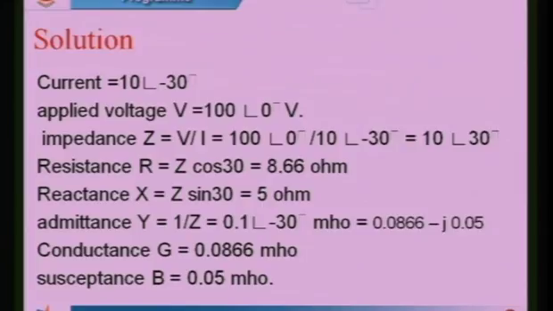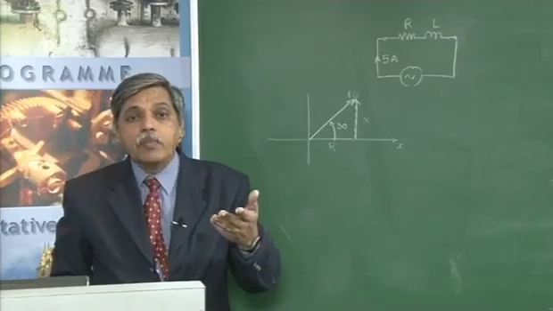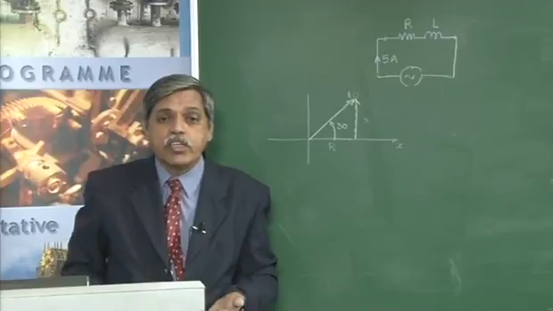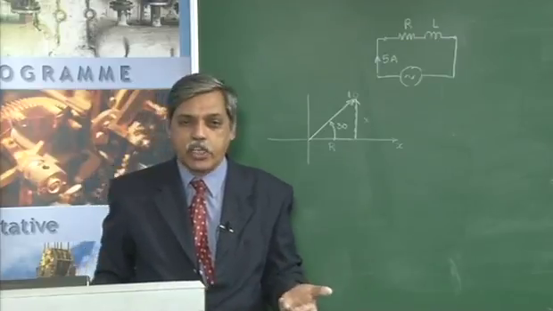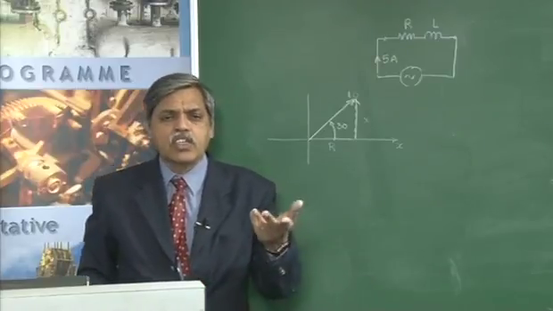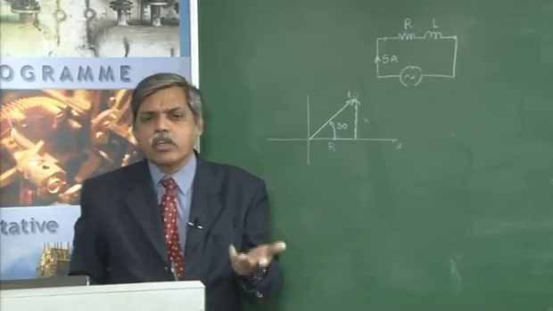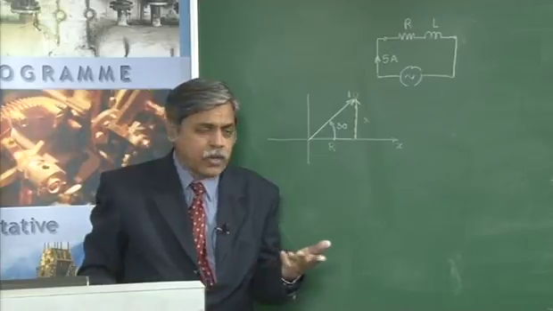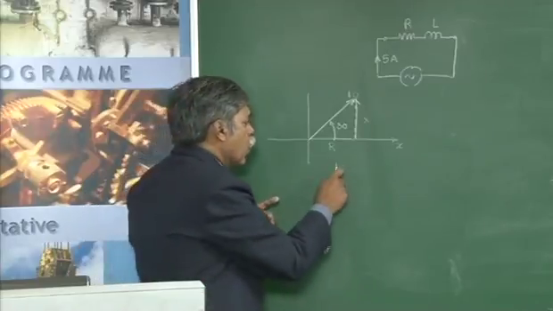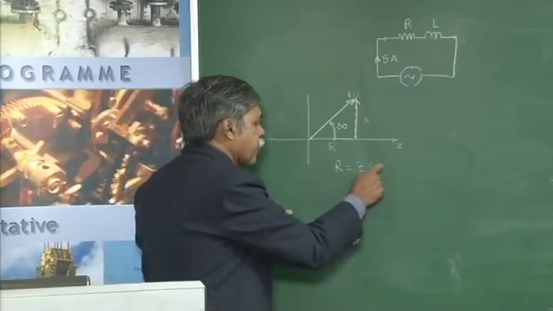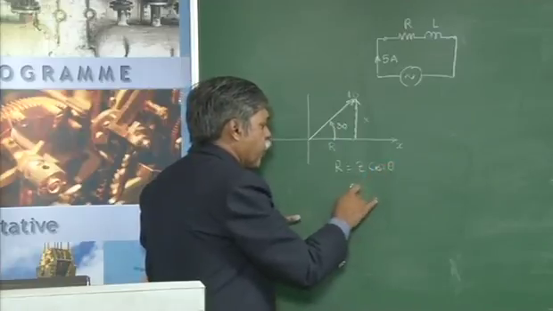I know that the current has an angle of minus 30 degrees with respect to the reference voltage. So that means current is lagging behind the voltage. This happens only in the RL circuit, okay. But still I just called it a reactance because the problem does not say anything about calculating the inductance and all, okay. So R is equal to Z cos phi, Z cos theta or phi, whatever you write.